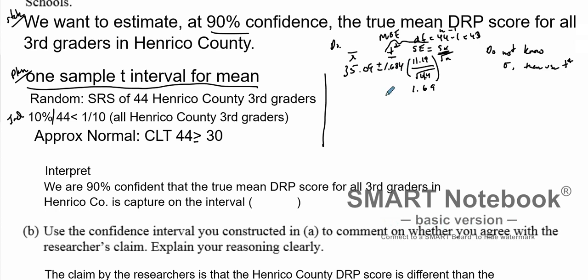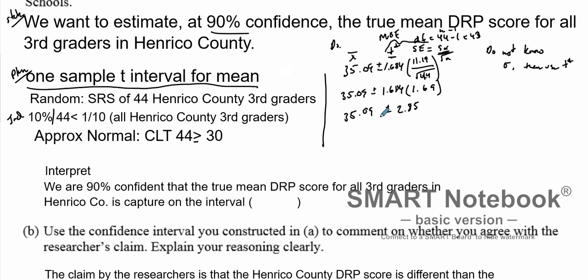And so we're going to take that times the standard error. Maybe I'll just take this 1.684 times 1.69, and I have a value of 2.85, which will go 2.85 plus or minus